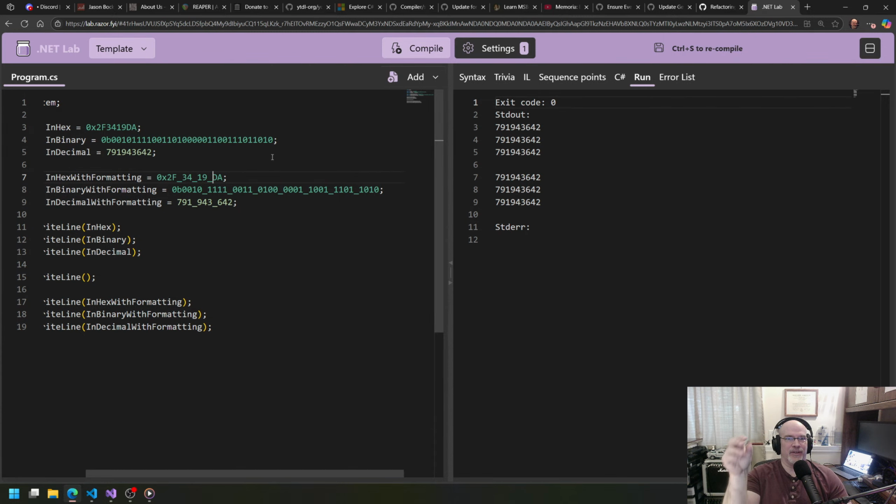Maybe I say, format a hex with 2, separate with two values, separate with 4 values. With binary, it would be separate by 2 and 4. With decimal, I think it should always be separate by 3, by thousands. Okay, and so maybe I have those options built in, and say, like, if you have a number like this,